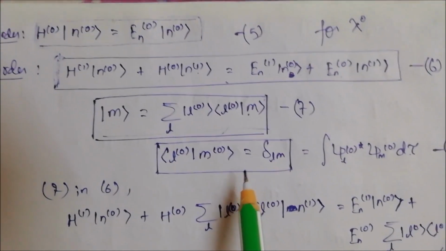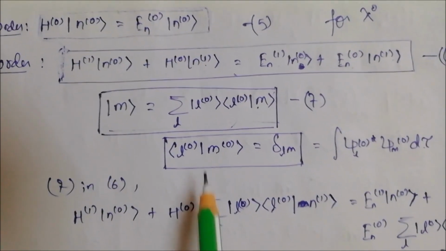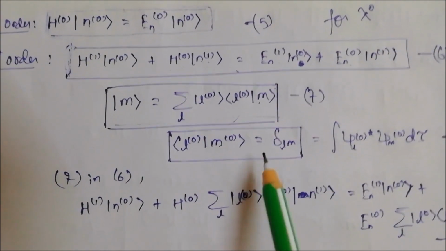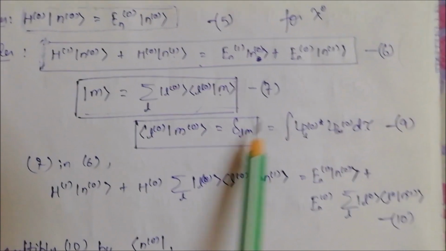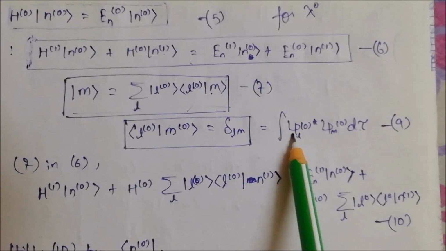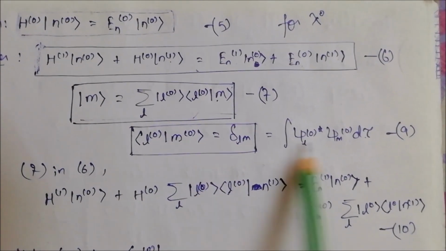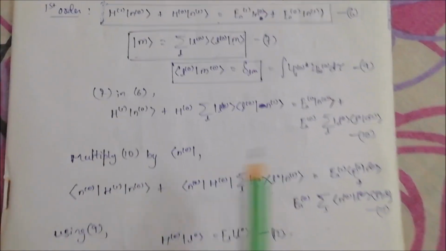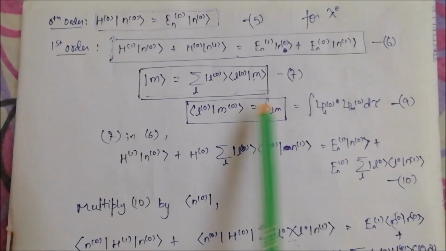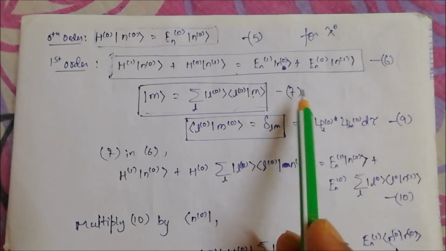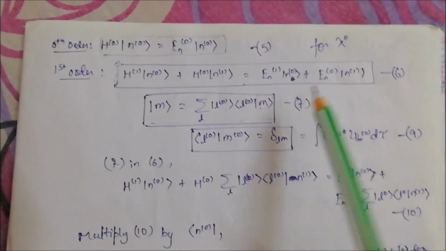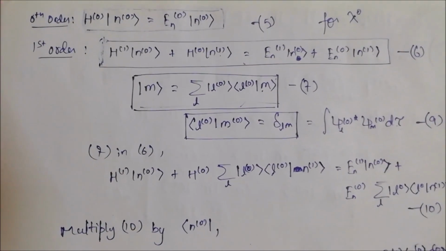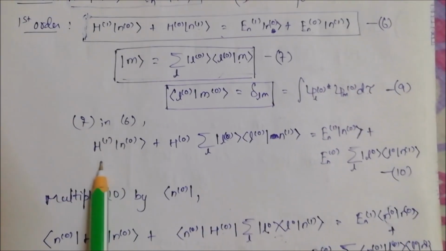Also, as I stated earlier, the eigenstates of the initial Hamiltonian are orthogonal, so this is represented like this. And again, to remind you, Dirac's bracket notation simply means this integral. So everything of this form is an inner product only. Putting this expansion in place to expand psi n1, the first order correction in the wave function, we obtain this.